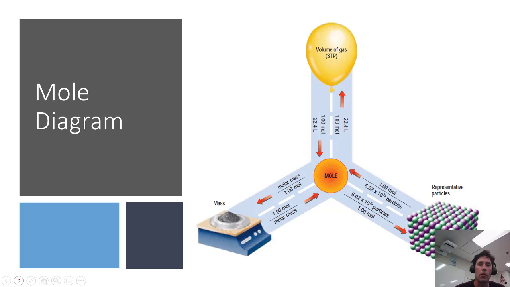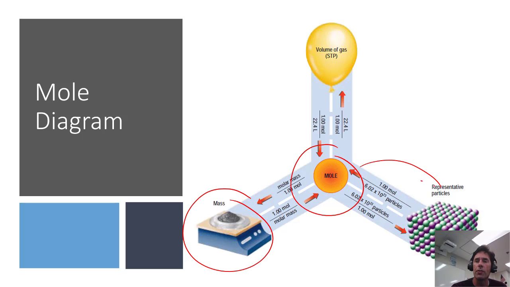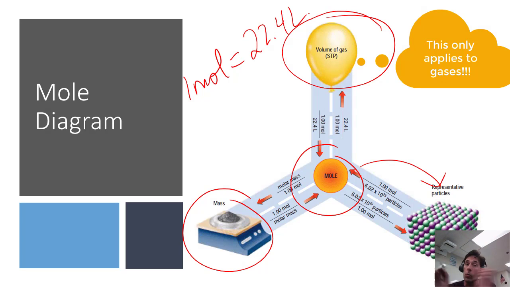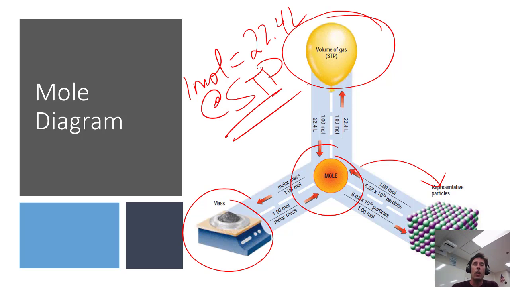Yes, yes, moles. Do you remember this? Do you remember this from a while ago, where we talked about the idea of converting mass into mole and mole into representative particles, but we ignored this section right here? Well, this is, ladies and gentlemen, standard temperature and pressure. And 1 mole of any gas has a volume of 22.4 liters. That is only if it is at STP. Everyone got that? Only if it's at standard temperature and pressure.